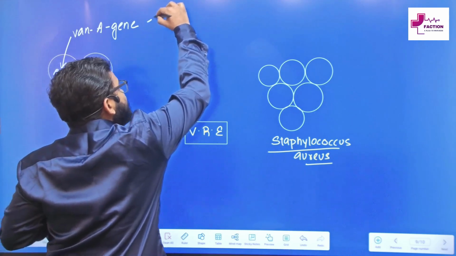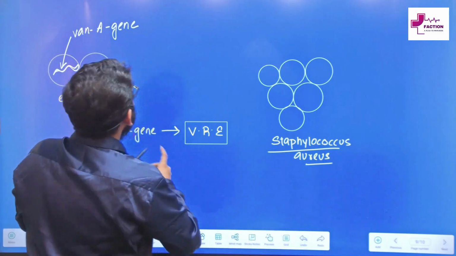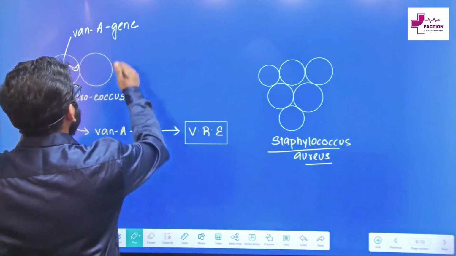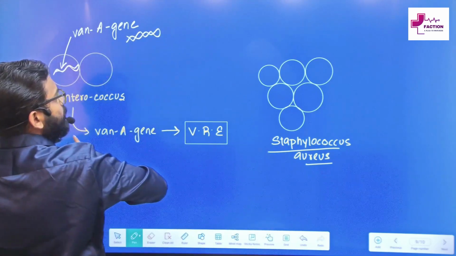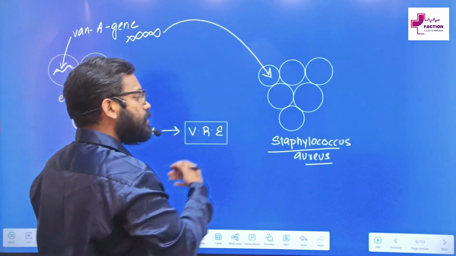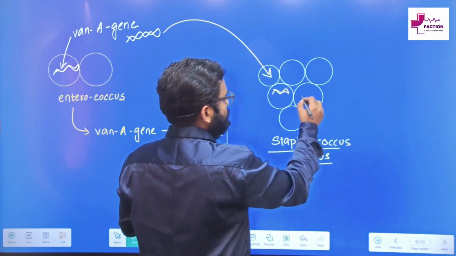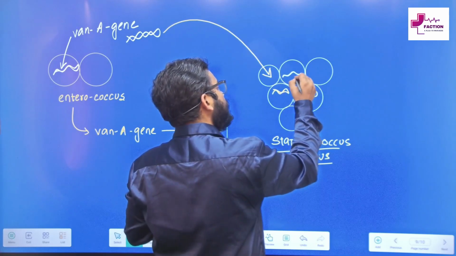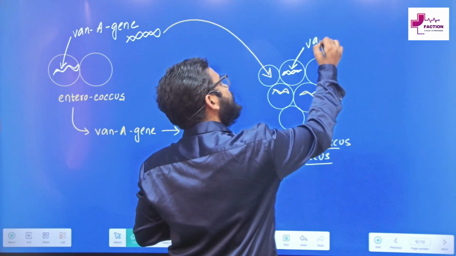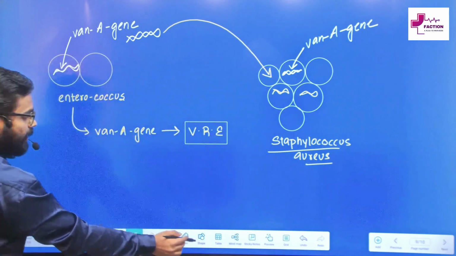It sends this Van A gene into the Staphylococcus colony. This Van A gene is transferred into the Staphylococcus colony. As a result, Staphylococcus aureus now has a Van A gene in itself. This one also has a Van A gene, and we know when there was a Van A gene,